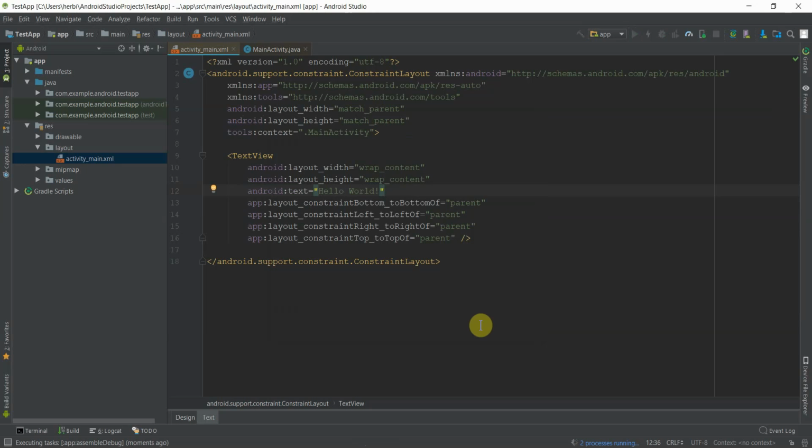Now this is going to take a little while, and we can see down the bottom of the screen we've got some processes running, and we've got the Gradle build running, and then it's actually starting to piece together the different app